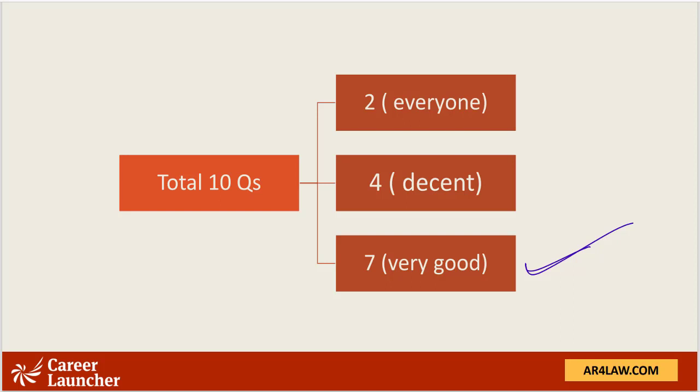Someone who can rate himself or herself at a decent level, 4 should not be a problem. And 2 for that mod question and that PNC question, because for those two questions even lifting the pen was not required. So 2 marks from the maths section in A-Let 2020 on the bare minimum side must have been in everyone's account. So 7 is the highest level of attempt, 4 for an average, and 2 on the bare minimum side.